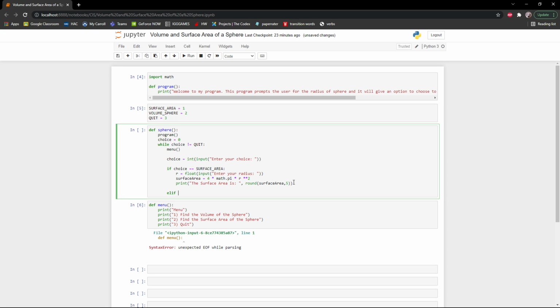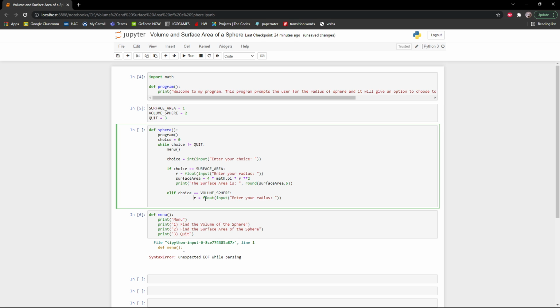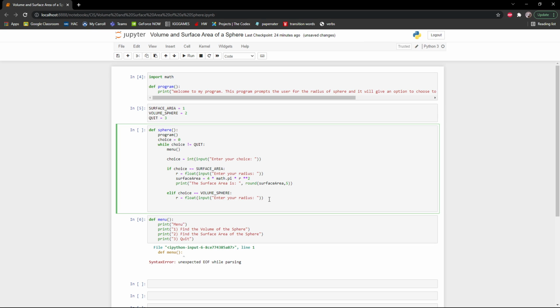Else if choice equals volume here. So else if the choice equals that, we're gonna do another float. You can actually straight up, if you want to, easier, just copy that onto there. We're having the same exact function there, and now we're gonna do